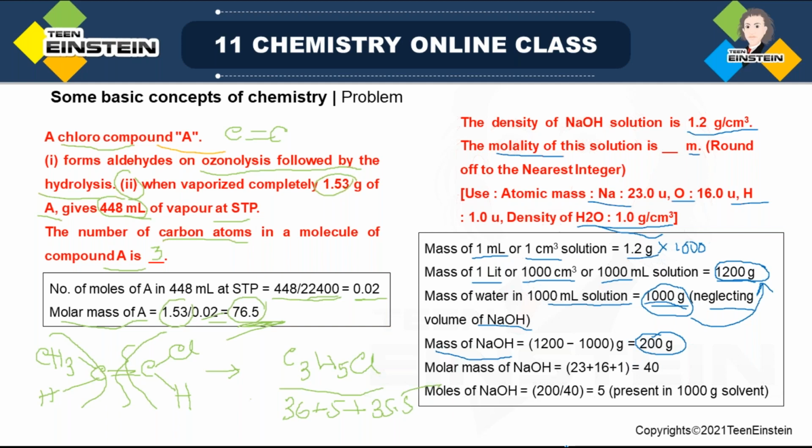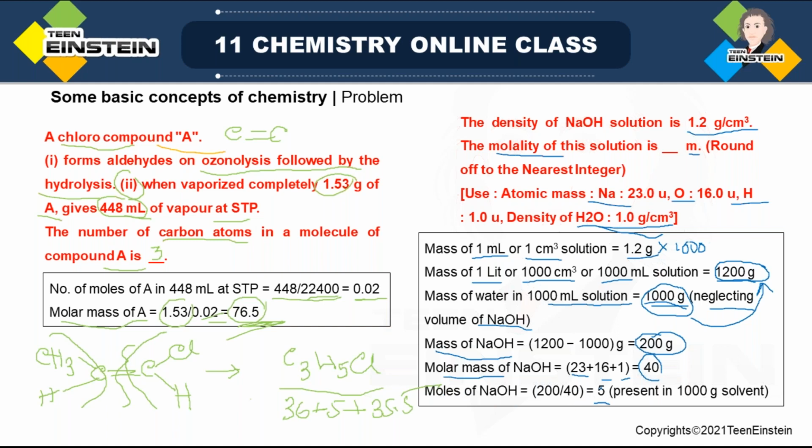Now you know the mass of solute, but you have to know the number of moles of solute. For that, you should know the molar mass of NaOH. See, here the atomic mass of sodium is given as 23, for oxygen 16, and for hydrogen it is 1. So this is the molar mass. So the number of moles of NaOH present in 200 gram will be given mass by molar mass, which is